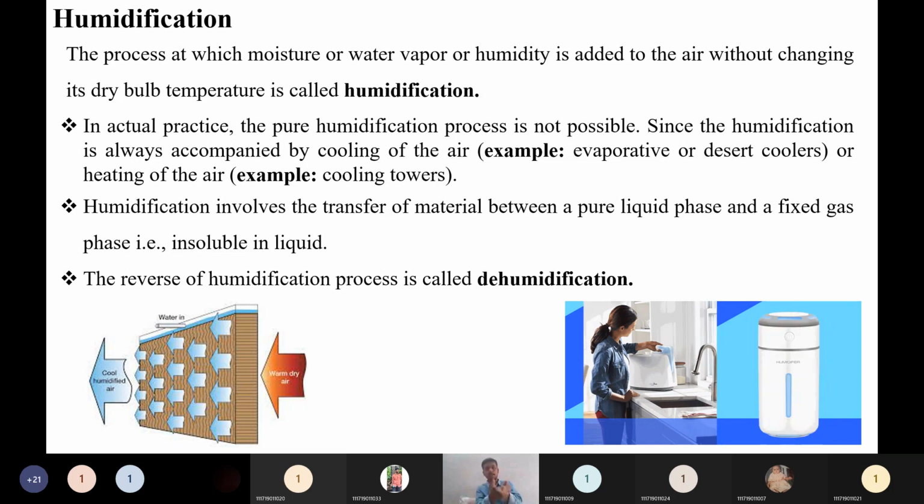Absolutely, we cannot add this much amount of water vapor to the surrounding. This much amount of water vapor can be removed from the surrounding air; that is dehumidification. So we cannot do that absolute process like that. But something will be changed. Some temperature will be increased or decreased. For example,